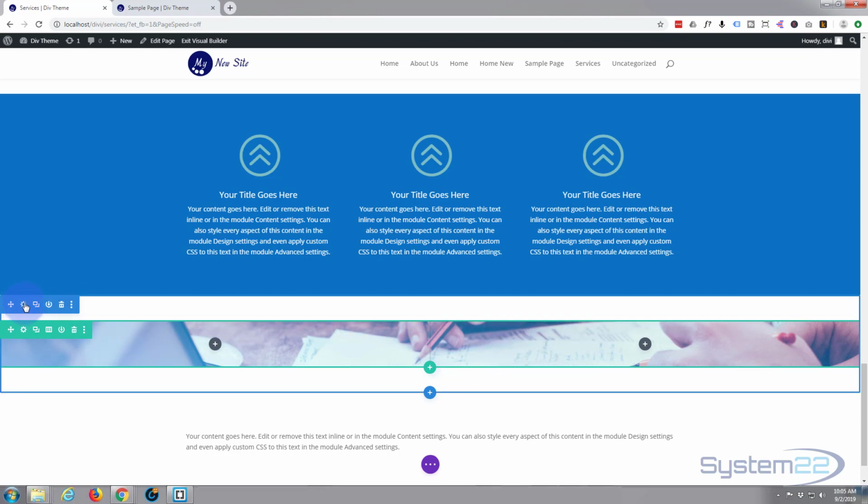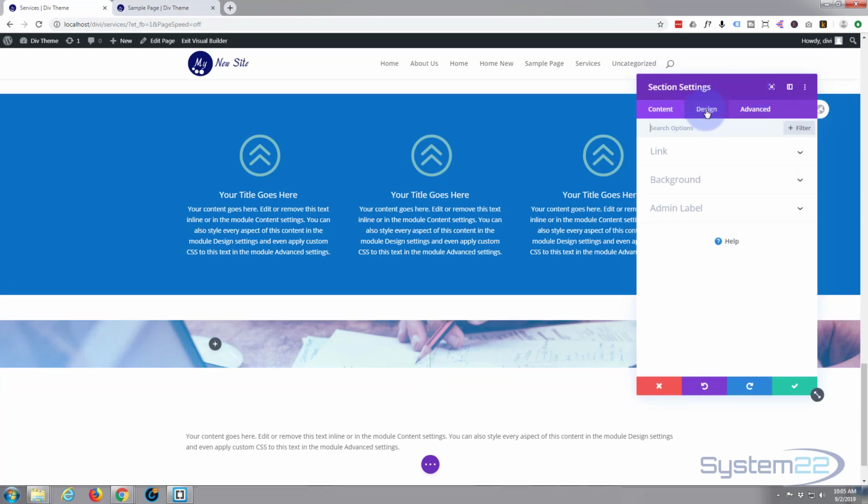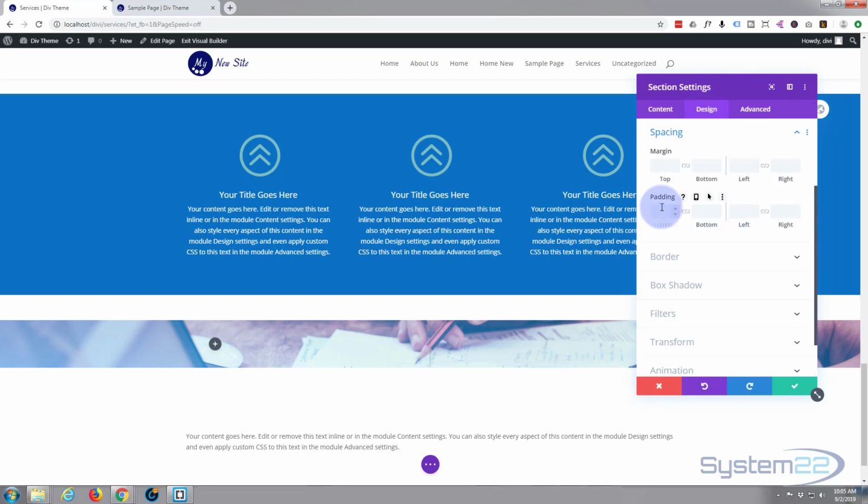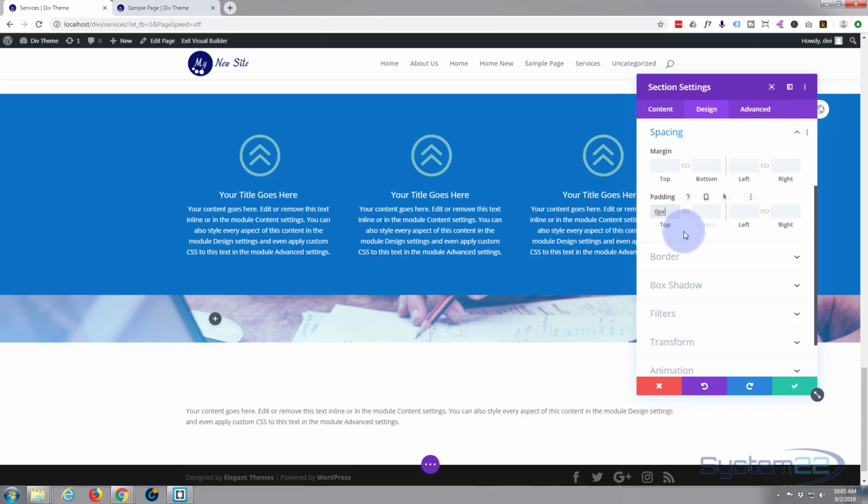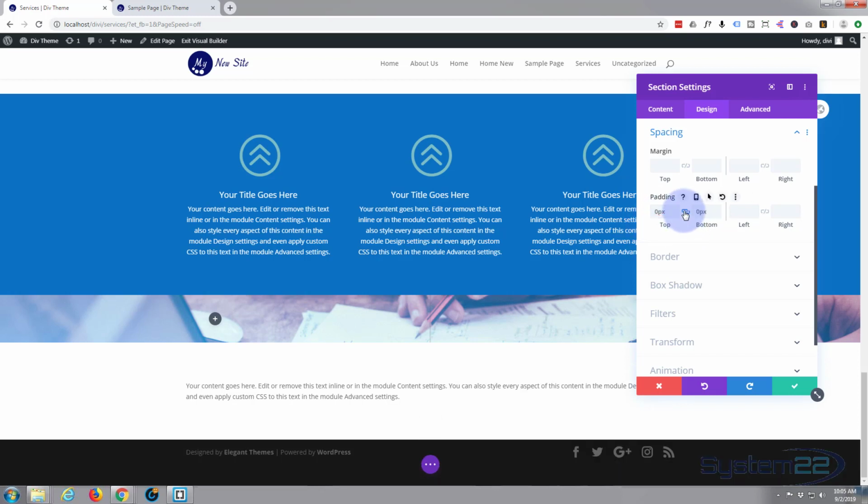So I'm going to go into the section settings, this section, the first thing we added. I'm going to go down to the design and the spacing, and I'm going to put a 0 in top and bottom. You don't have to write in px, it'll do it for you, and if you check the link it'll automatically do the second one for you. And as you can see, the section padding is now gone